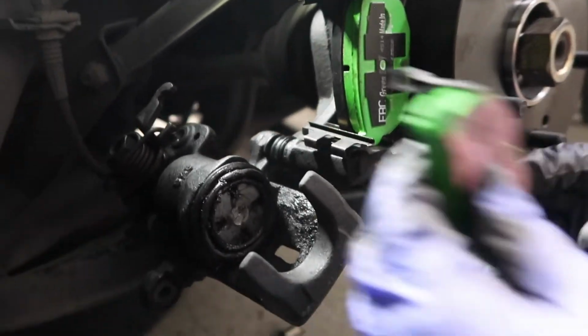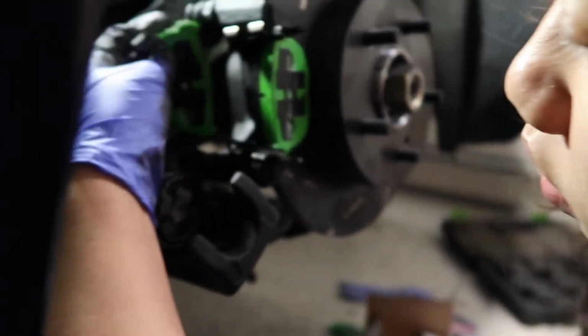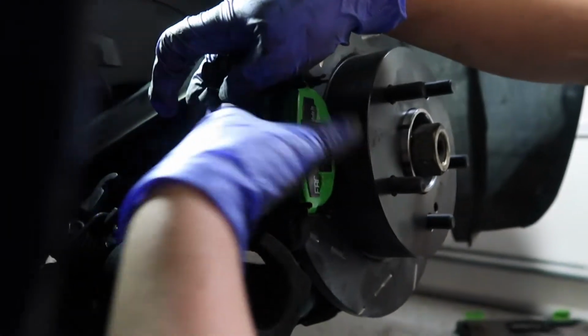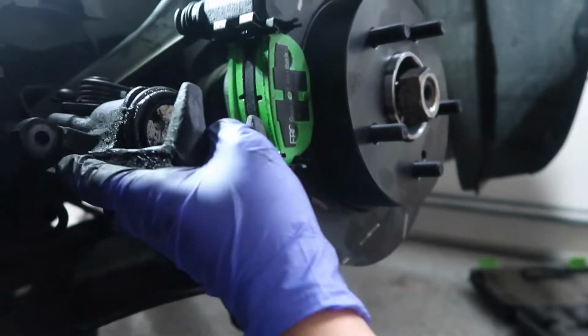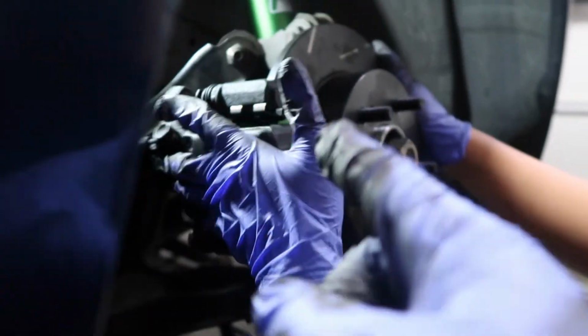And then the same concept. It's easiest to go sideways. So you gotta also hold up the... see how it's kind of sloped down a little bit? So you gotta hold this guy up. Yep. Cool. And then it should hopefully kind of just slide on there. But before you do that...